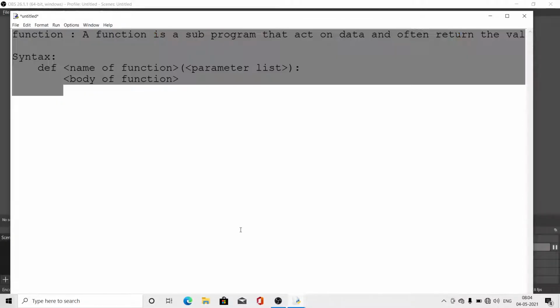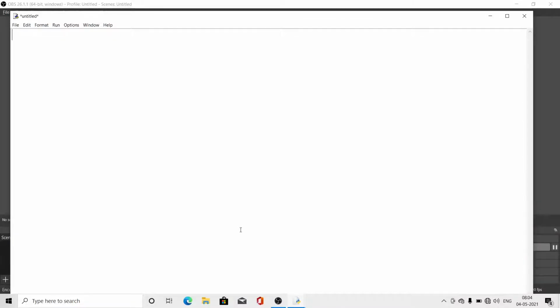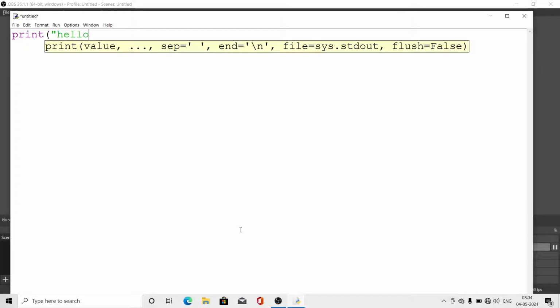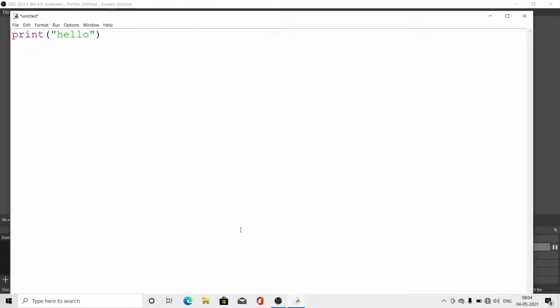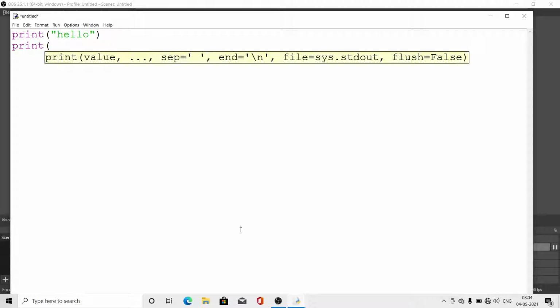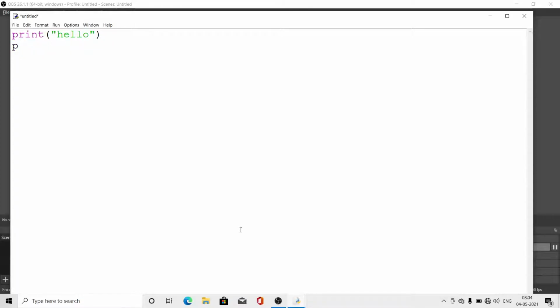Look here, suppose I want to display print hello 10 times. So what do we write here? 10 times I have to write print hello. We want that I write print hello in one place and call it as many times as we want. So we need functions. So how will we define the function?